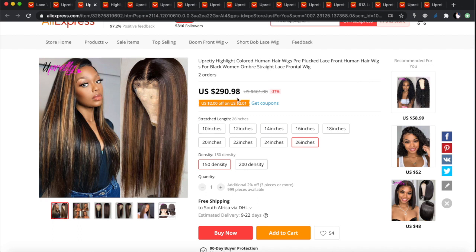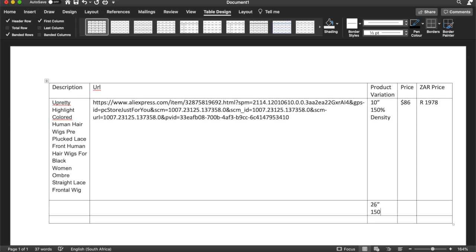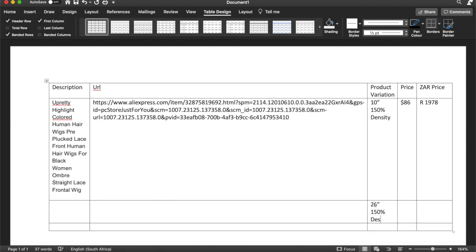And if you look at the 26-inch one, it's $290. Okay, so I'm going to put in the 26 inches one. So this is 26 inches and 150% density. That is how much? $290.